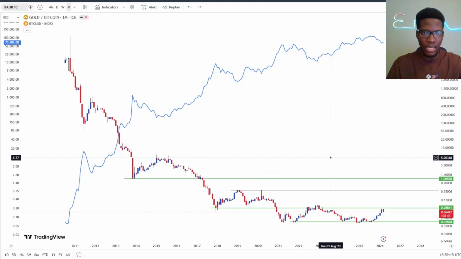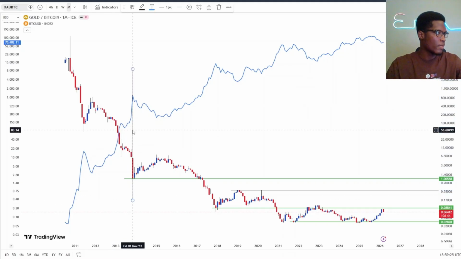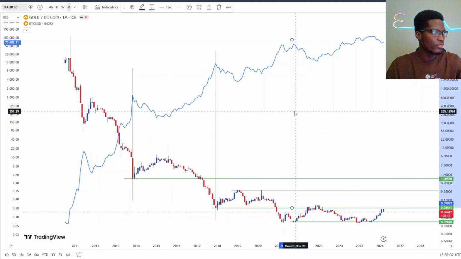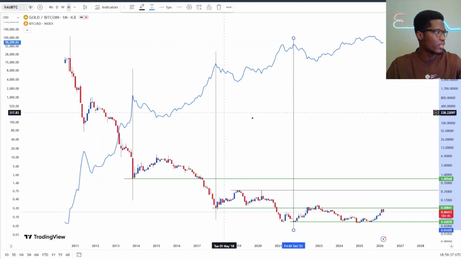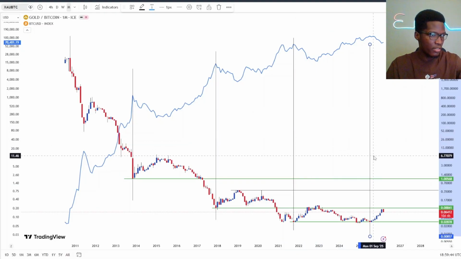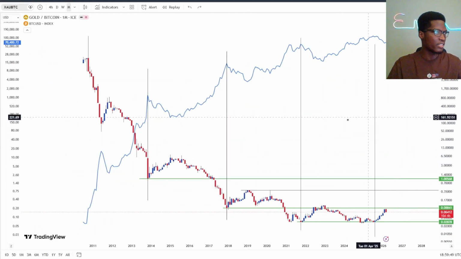Here as well, our blue line is Bitcoin. We take our trend line, the peak here, response here. We can clone these as well. We clone this, so this peak corresponds to this bottom. This peak corresponds to this bottom. If I'm expecting a peak in October 2025, let's put it on October. Yes, October 2025. This is how the chart is looking.